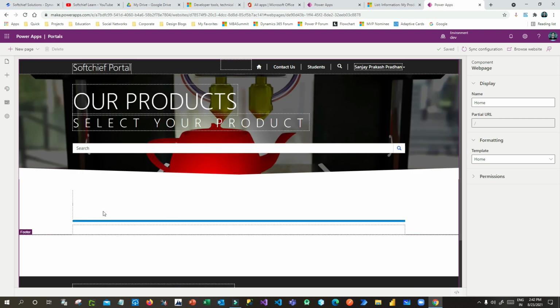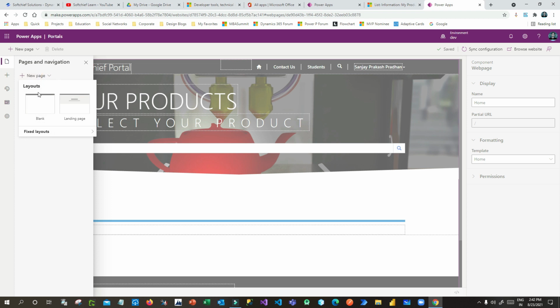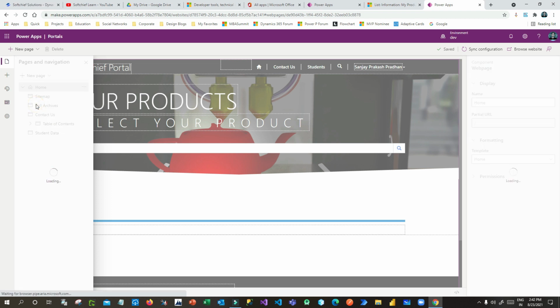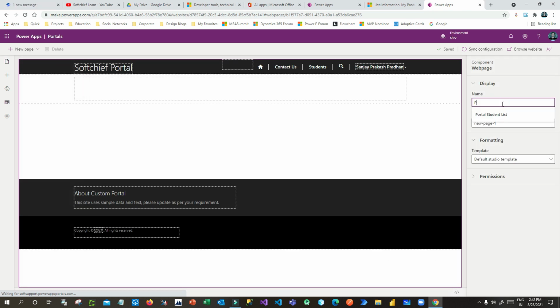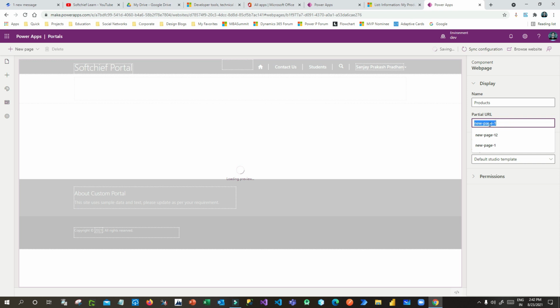Otherwise you can take one new page also. Now the portal page is loaded. Let me create a new page. I will go to this option and create new page, and I will give a page name as products. So here you can specify the name of the web page, and partial URL is the URL of this page.